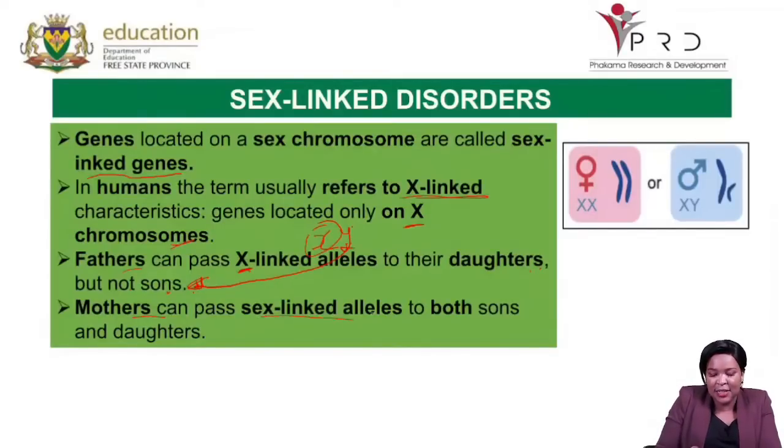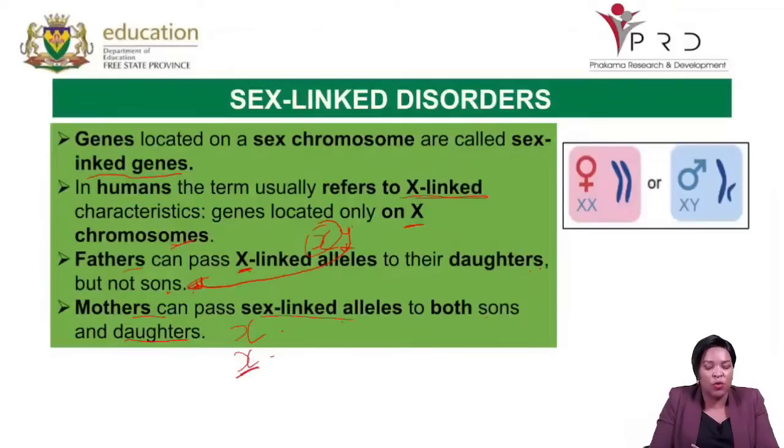can pass the sex-linked alleles to both sons and daughters, because mothers can give an X, it can be a daughter, can give another X, it can be a son. So mothers only have X's to give. So if she gives the affected X, it will mean the son or the daughter can have that particular sex-linked